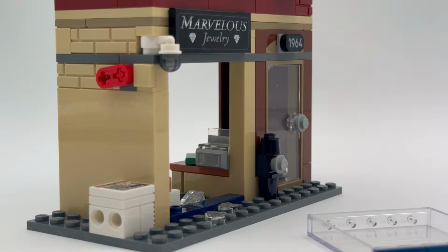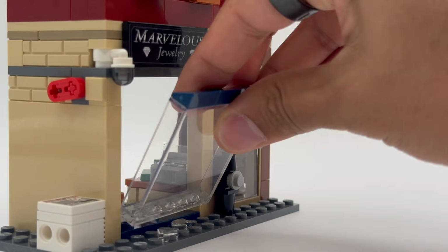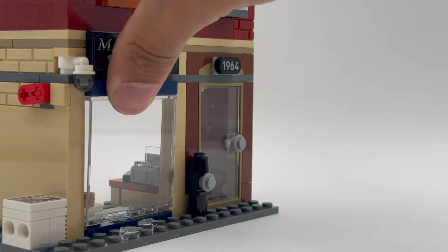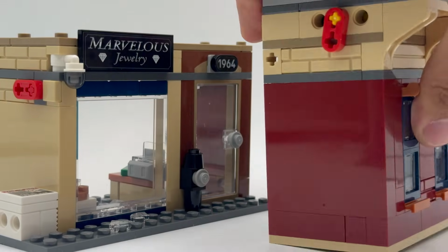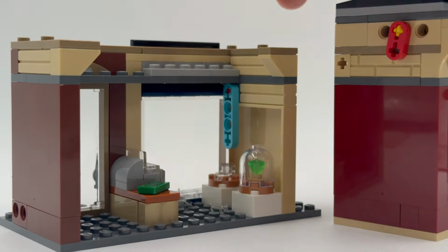Another cool detail I like is the security camera on the top here, which is utilizing a relatively newer element introduced earlier this year for LEGO Friends. It's a new cover light element, this time in the transparent black color, and it works really well for a security camera. The second level can be removed, so you can swap that out with maybe other future upper floors